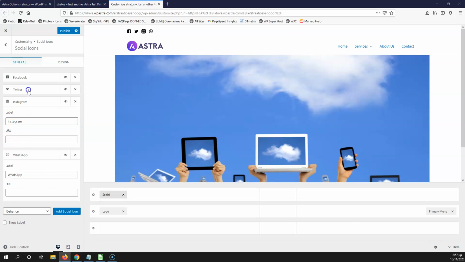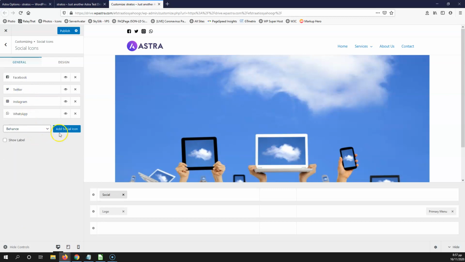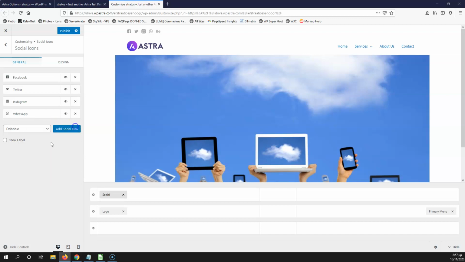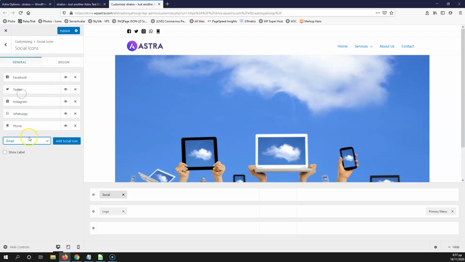Here is the Instagram, the Twitter, and the Facebook. Again, something that I would like here is when I add a social icon, let's go for the phone. Let's delete that. Let's go for the phone. You will see that I have email here and I also have the phone. Once I add that, I cannot re-add it. So I don't have any other phone inside here. So if I have two phone numbers and I would like to add those two here, I couldn't do that. The same is for the email, so you will only use it once and you will not be able to